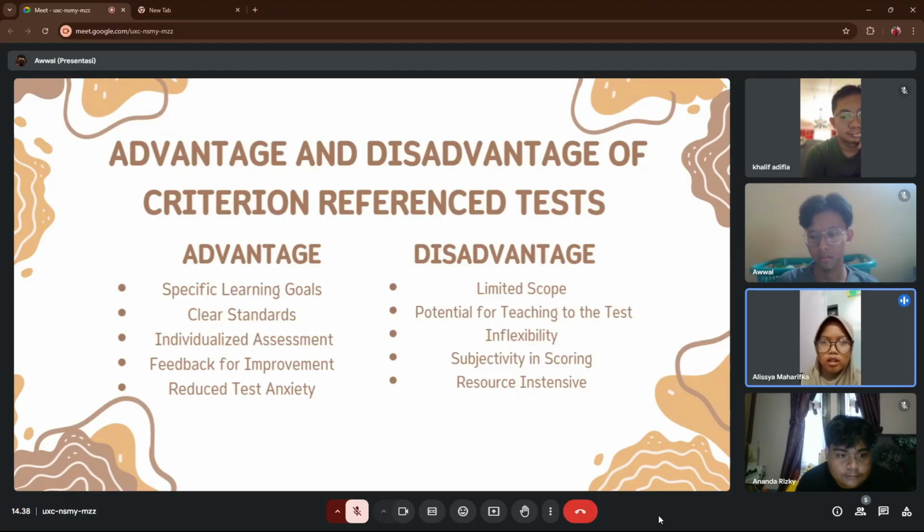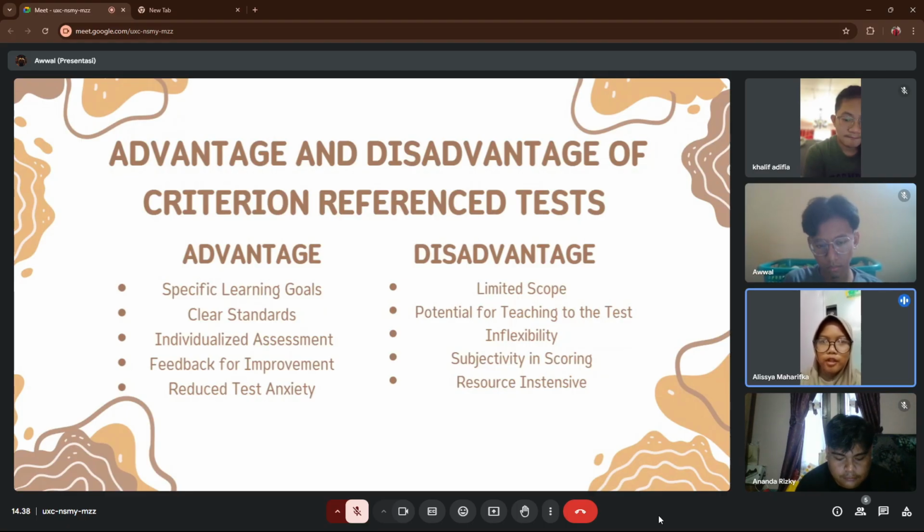Here are some disadvantages of criterion reference tests. One is limited scope. CRTs might not assess a broad range of skills or knowledge, potentially neglecting important areas of learning.